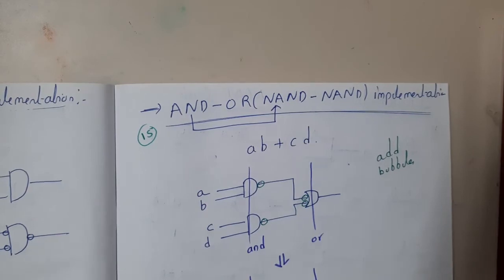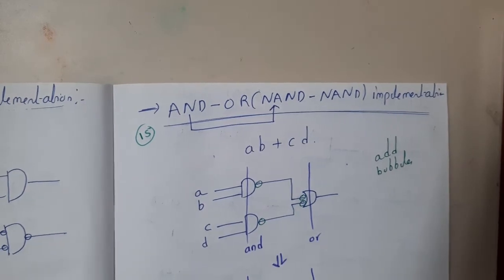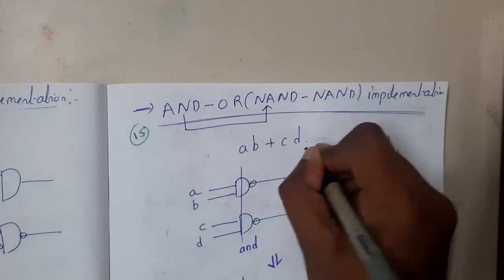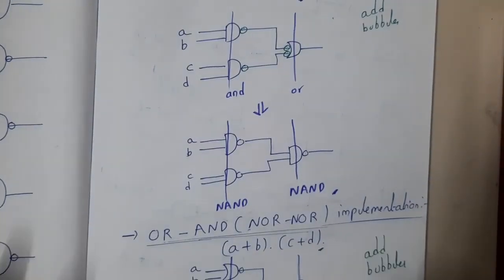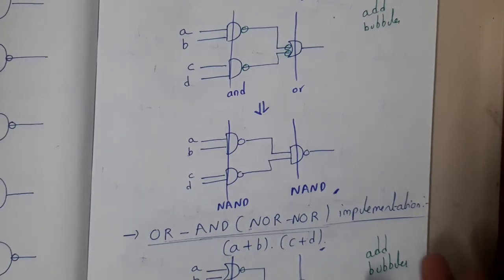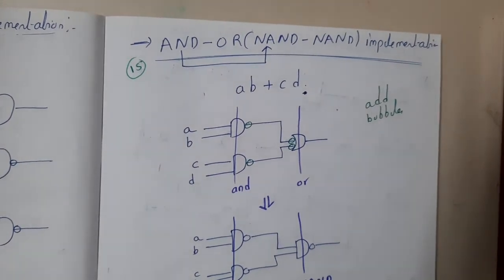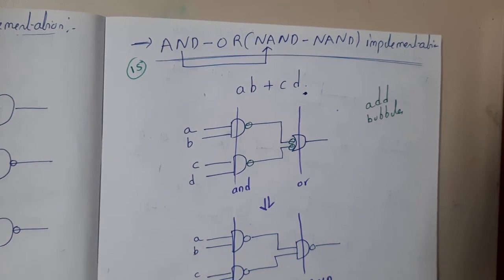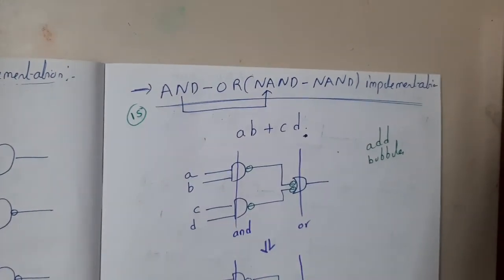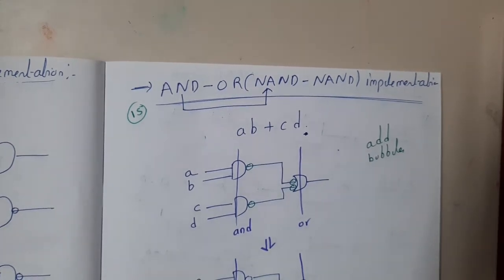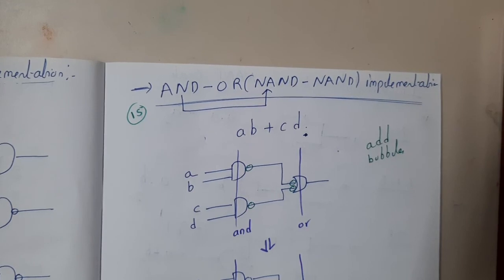In the next lecture, let us discuss how you can convert a particular SOP or POS representation into NAND or NOR representation. Let us discuss these 2 implementations, guys. After that, we will discuss why NAND and NOR are universal gates, like, is it possible to convert any gate into NAND or NOR? We'll be discussing that in our next lecture, guys. So let us meet in the next lecture.